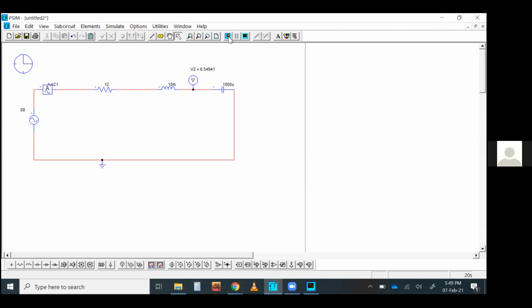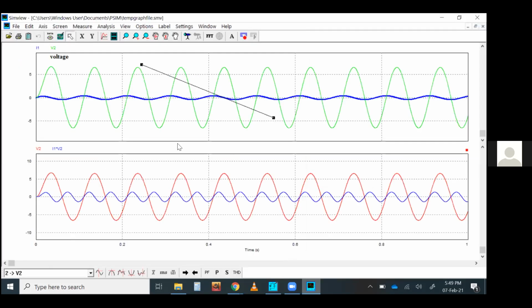So now we can check. Okay, so now it does make sense because the current you can see is 0.29 ampere. That means this is the RMS value of the current. If you see the current here, the blue one, the RMS value would be exactly like that.